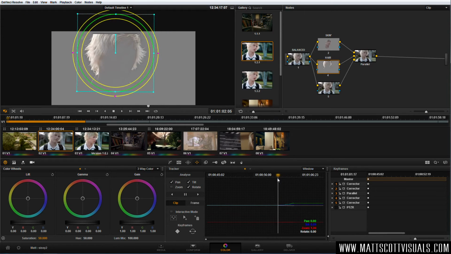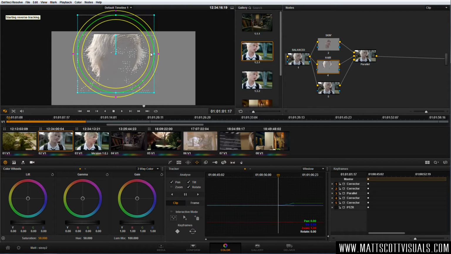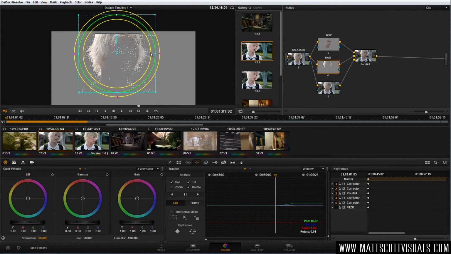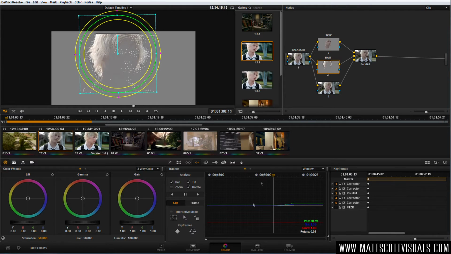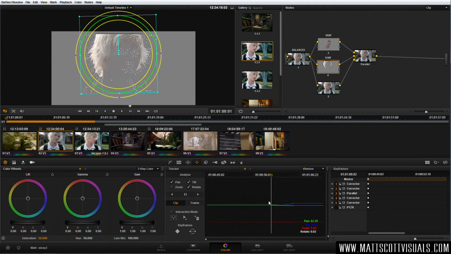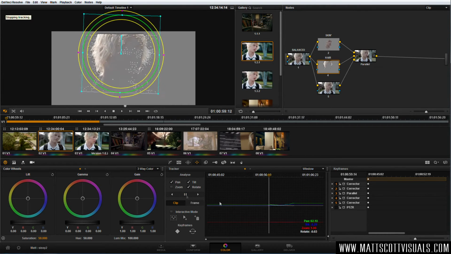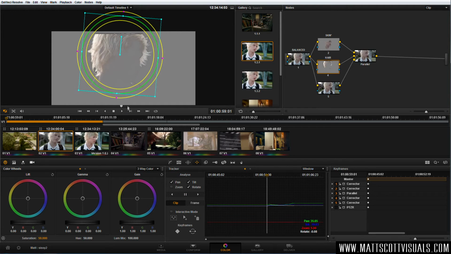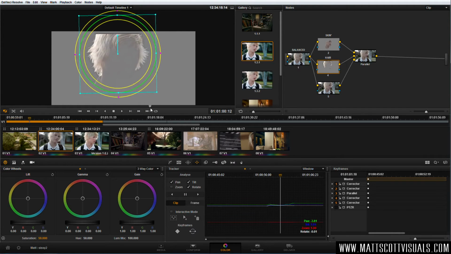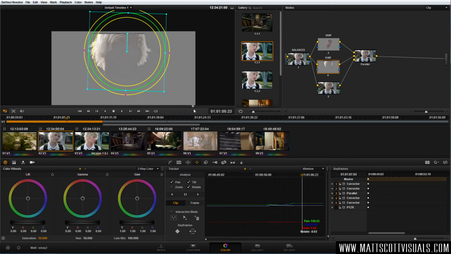So, once you've tracked that, just go back to the starting point where you started tracking, and you can always go in reverse as well and just track backwards. So just for the sake of this tutorial, I'll just use this inner section here. Keeping in mind though that if your subject does walk off the frame, that's usually when the tracker stuffs up. So how do you combat that? Well, this is where you need to do your own specific keyframes. So for example, at the end here, the tracker would most likely stuff up and need a little bit of help. So what you would do is, you go to that end frame just before he walks off,